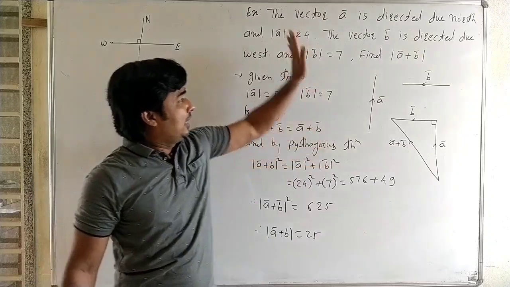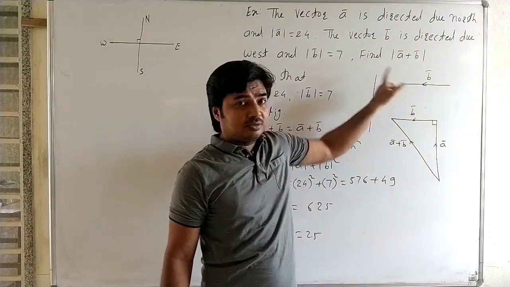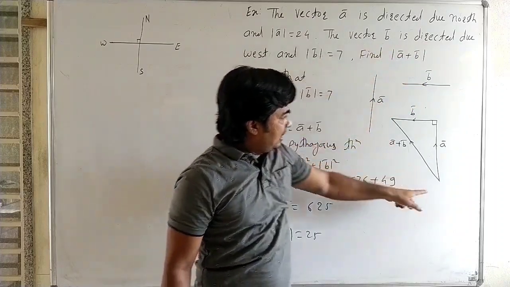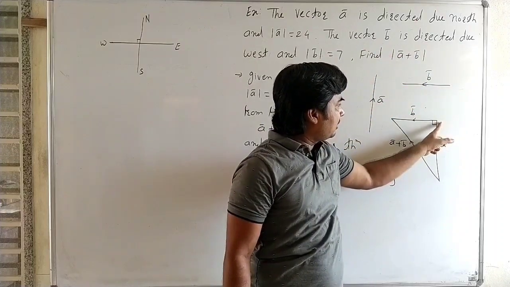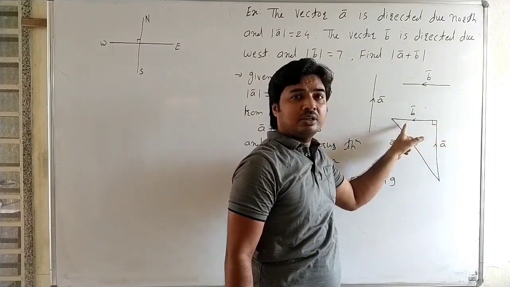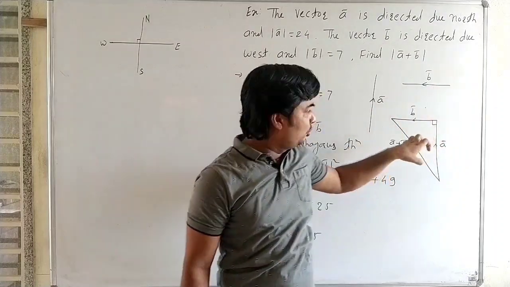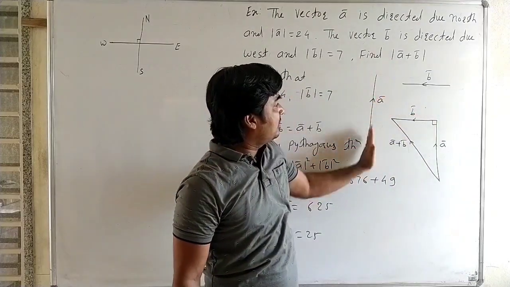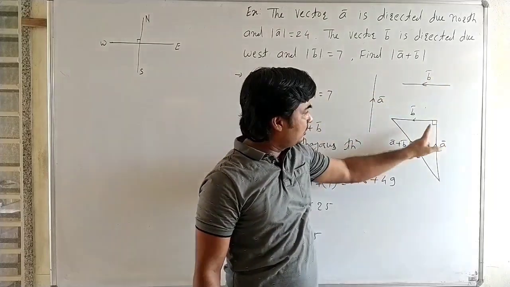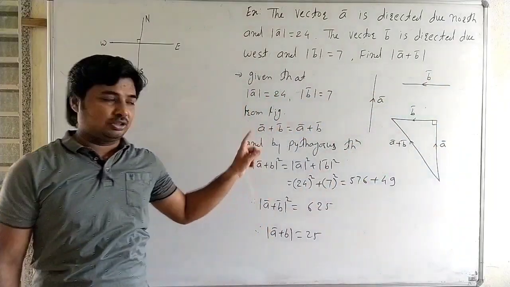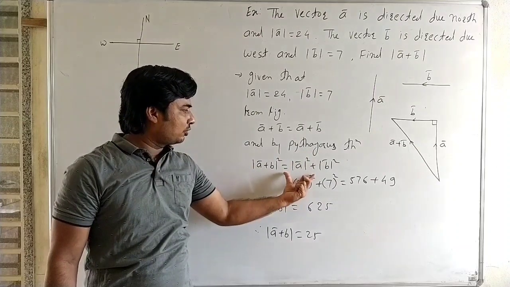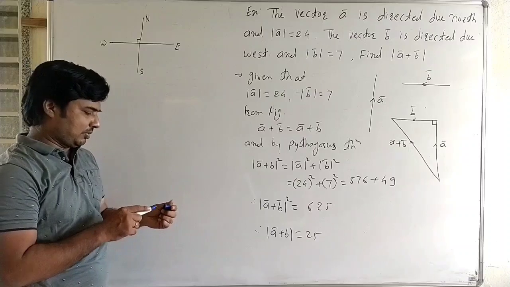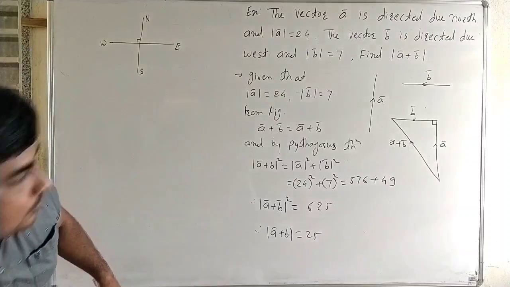Here A bar and B bar are any two vectors with magnitude and direction. The terminal point of vector A bar is the initial point of vector B bar, and then we get the addition of the two vectors. Therefore we shift these two vectors in that way. We know one is in the north direction and the other in the west direction, so these two vectors are perpendicular to each other. Therefore, by Pythagoras theorem, we directly find the magnitude of the vector A bar plus B bar. Now, next example.